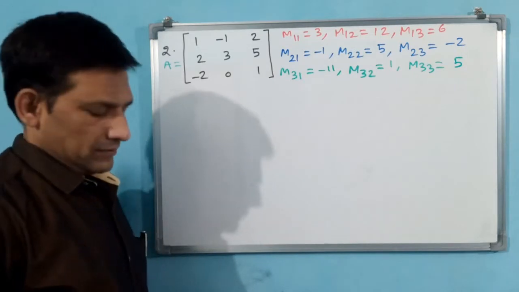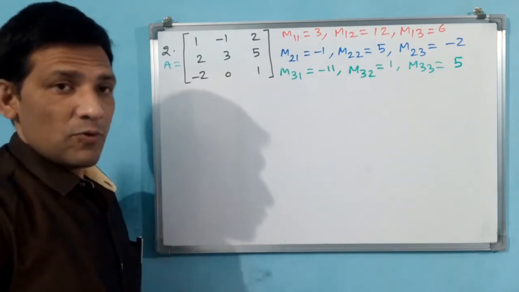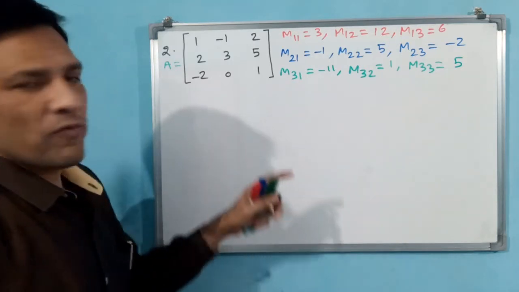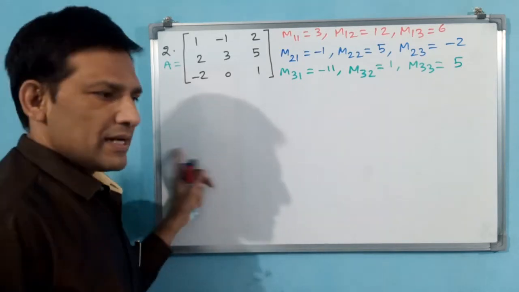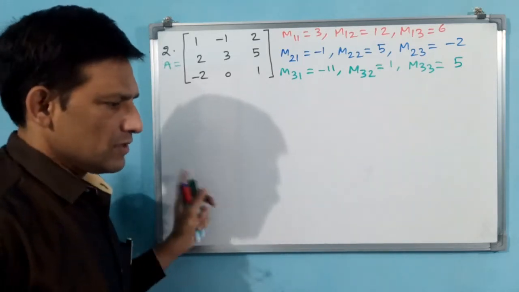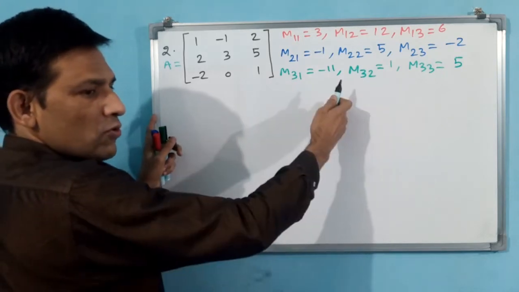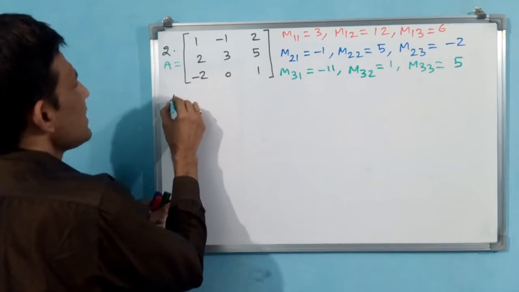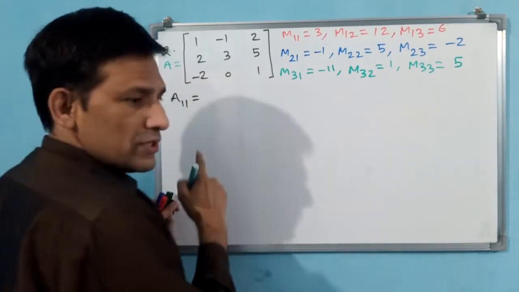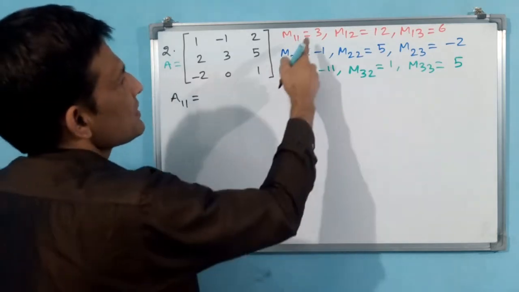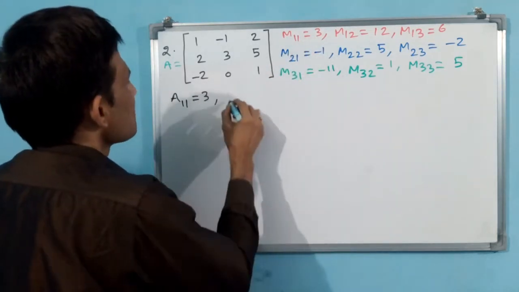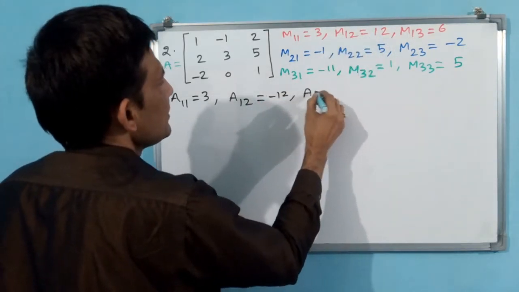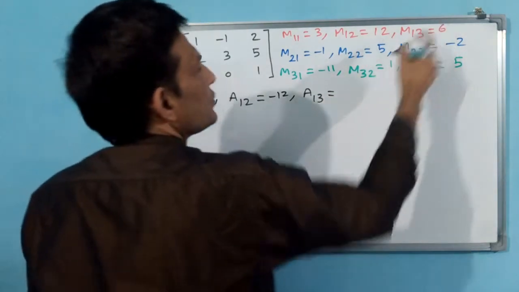See, these are the minors. You have to find the cofactors. In cofactors, the sign you have to take care. Write cofactors A11, A12, A13, like that you write, goes on 1, 2, 3, 1, 2, 3, 1, 2, 3. Then these rows you have to write as columns, transposed. Finally, let us first write the cofactors. A11 is equal to, you see, A11 means plus only will come, so plus only. A12, but here minus will come, minus 12. A13, plus will come, 6.